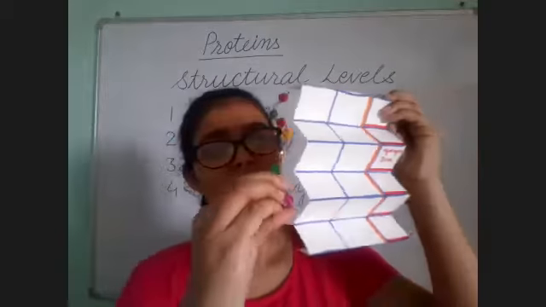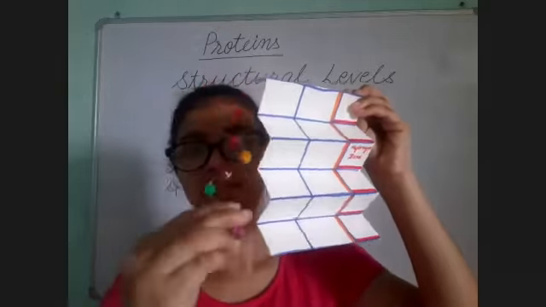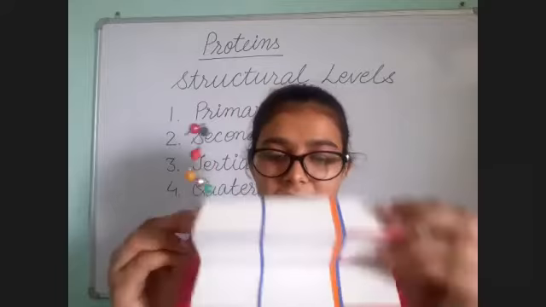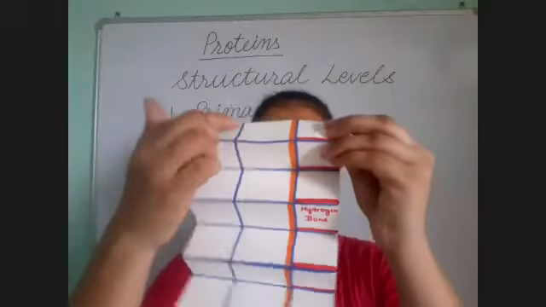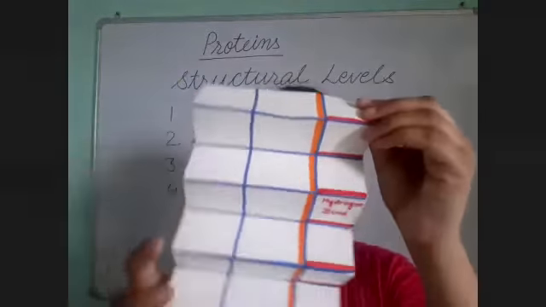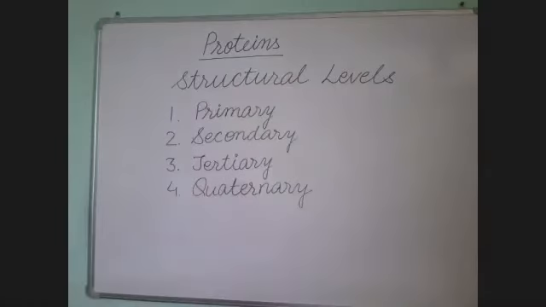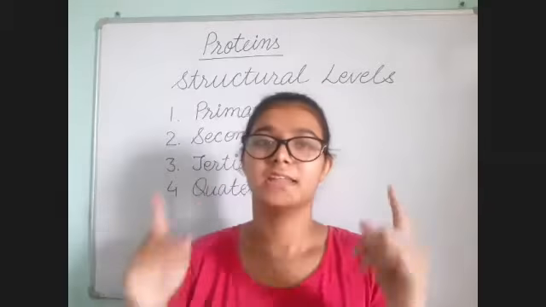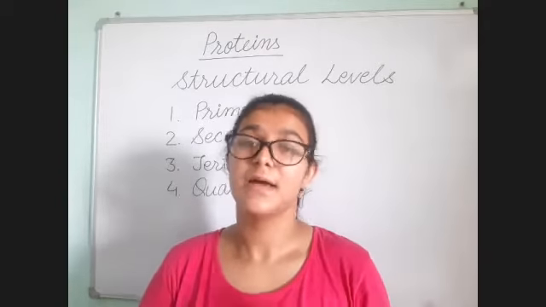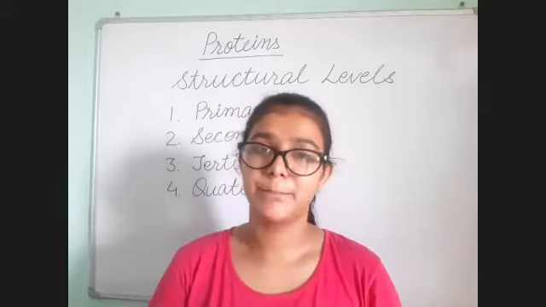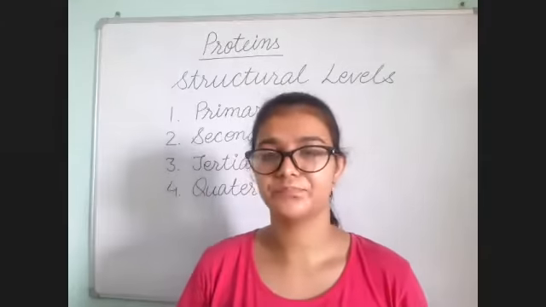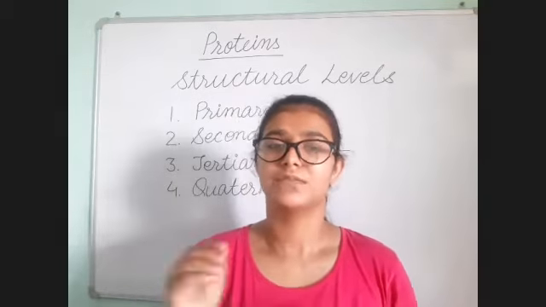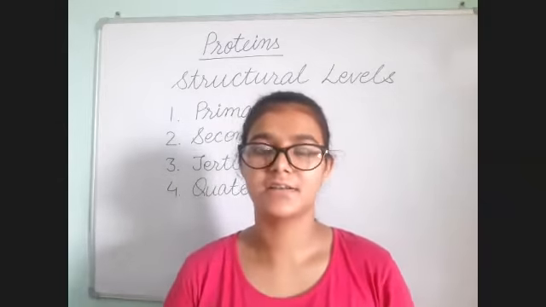This model is present like this. The edges represent one single polypeptide strand, and in this type of structure there are 2, 3 and 4 polypeptide strands. The keratin of hair and the myosin of muscles contain the secondary structure. The keratin of hair contains the alpha helix, and the myosin of muscles contains the alpha helix, whereas the beta-pleated sheet is present in the fibroin of silk fibers, which is found in silk made by spiders and silkworms as well.